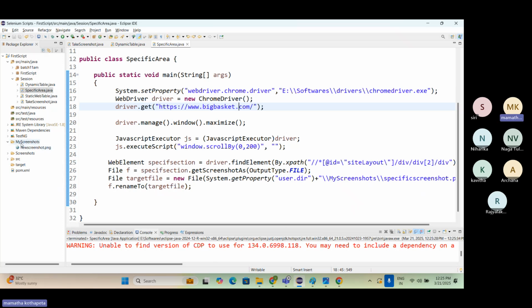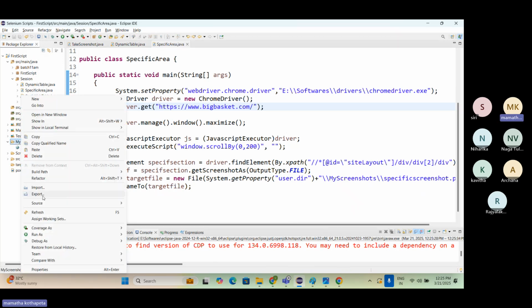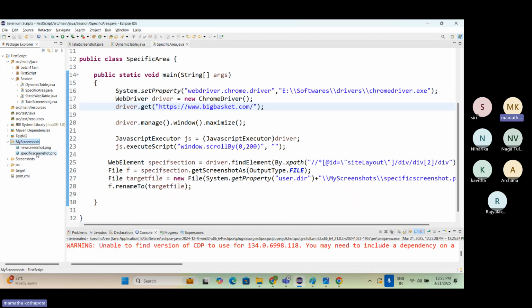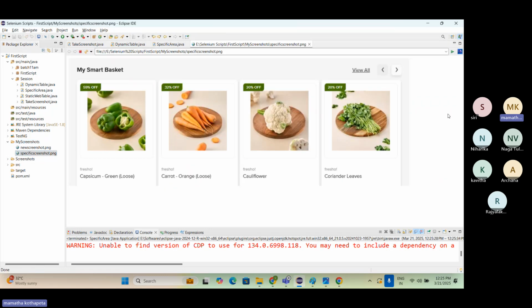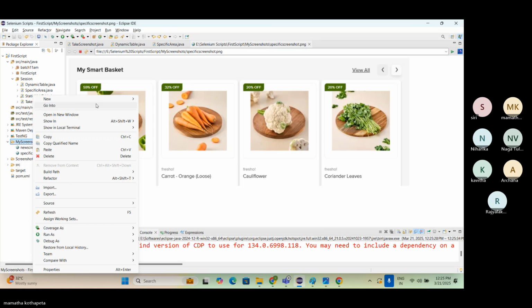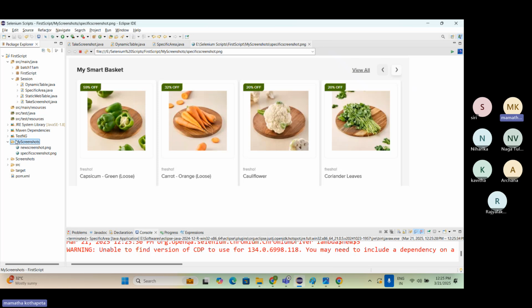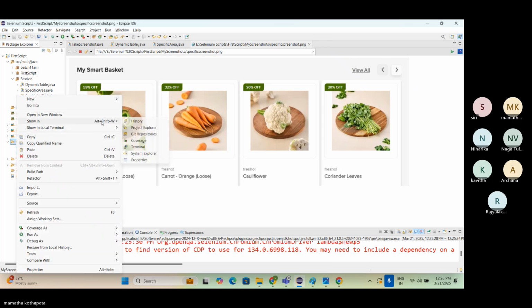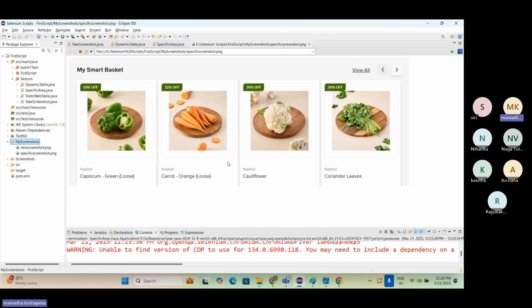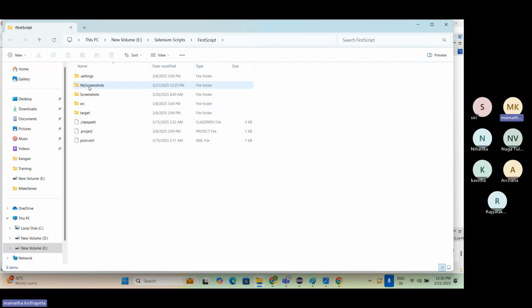Now let's go to my screenshots and do a refresh. See here, my screenshot. Yeah, it has taken the specific area, right? Showing properties, showing system explorer. Yeah, this is how